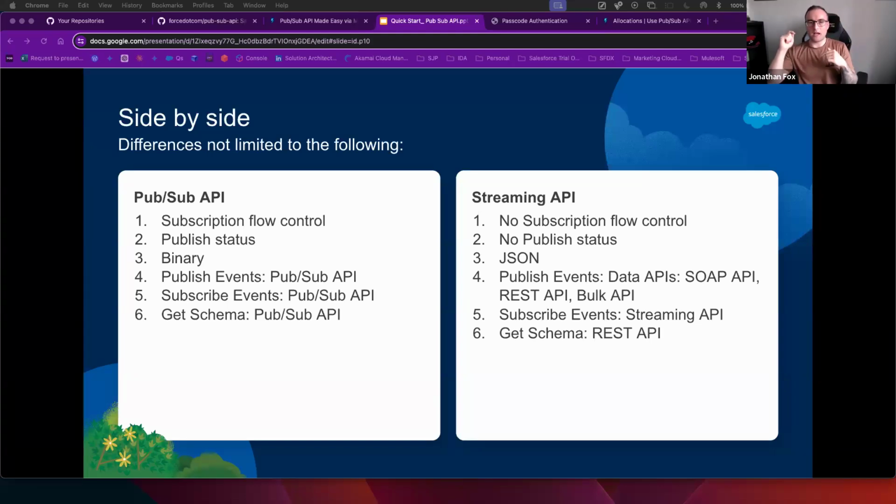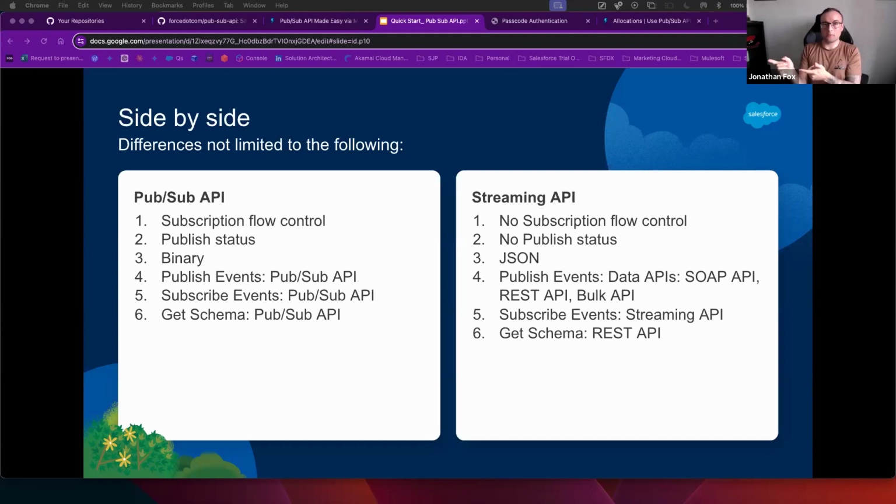Now, if our application that's subscribed via the PubSub API couldn't handle that for whatever reason, because it wasn't elastic, it's going to be on AWS, so it's going to be absolutely fine. But if it wasn't, we'd want to control the subscription flow because we might not be able to handle all of those events firing through all the time. So if we want to batch them, we can, because we can control the subscription flow with PubSub API, which you cannot do on the streaming API. They just come through and keep coming through and you have no control over it.